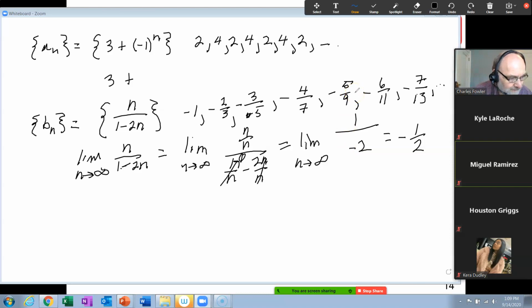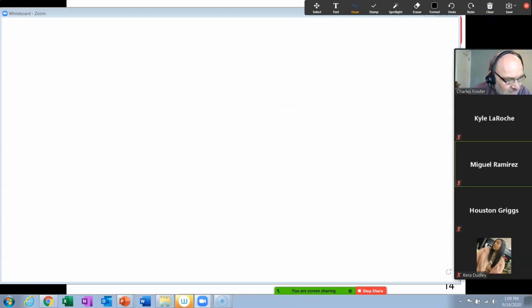All right, now I think I'm going to clear this screen out of the way because it might take longer to do the next one. Here's the next sequence. This is example 4. Show that the sequence whose nth term is a sub n, what did I do with? There it is. Okay. Goodness, it's hot in here today. a sub n is equal to n squared over 2 to the nth minus 1.